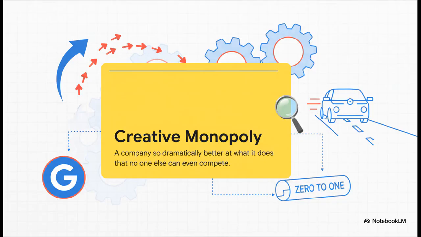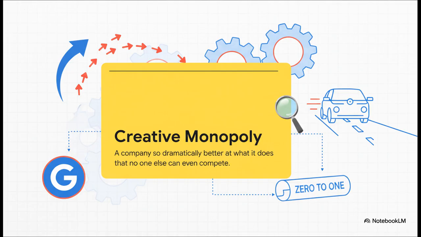So if competition is the enemy, what's the goal? Well, it's what Thiel calls a creative monopoly. Now, it's really crucial to understand this is not the kind of monopoly that gets the government to protect it. No, this is a company like, say, Google in search. They are so much better than the next best thing that they just don't have to worry about competing with Bing. And that freedom, that's what lets them take all those profits and invest in a 0 to 1 future